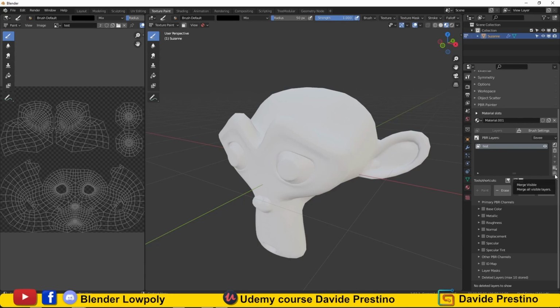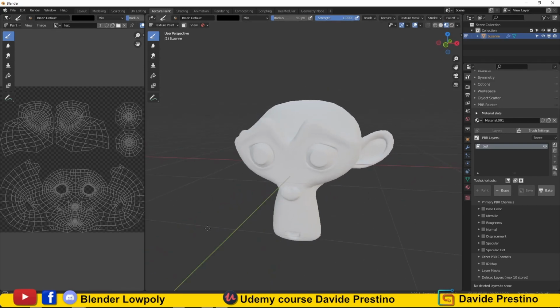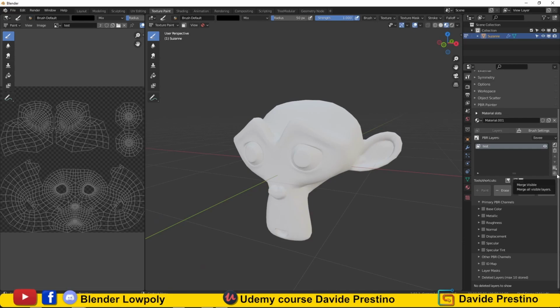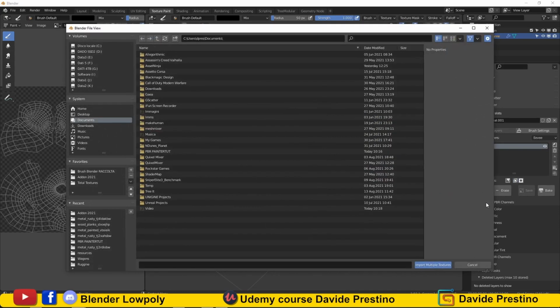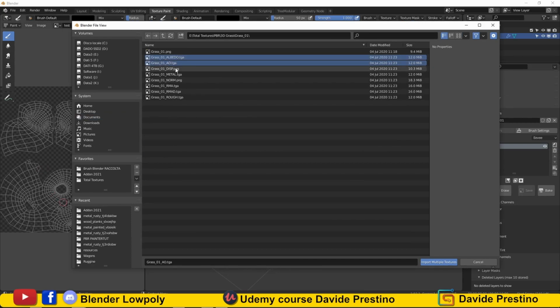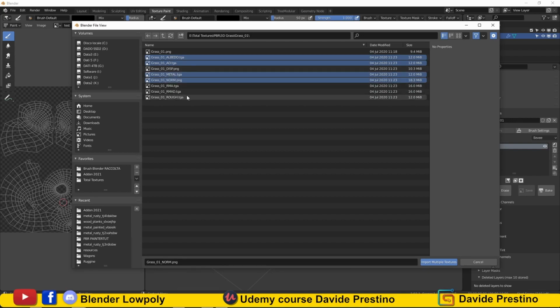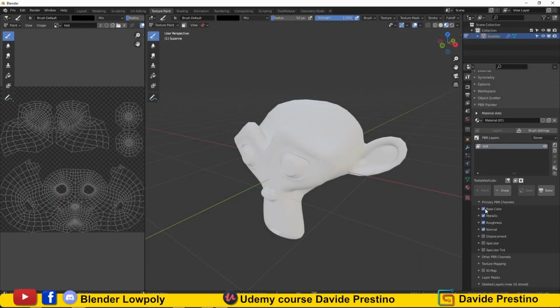The button Merge Visible Layers is used to merge all visible layers, and helps us to overcome the limit of Blender. By pressing this button all the layers we are using will be baked in a single texture and so we can continue working on the layers. PBR Painter also gives us the possibility to create a backup to be able to go back and modify the previous work. Now let's load a material to see how to import multiple textures, then we'll start texturing the wagon. By clicking on the central button PBR Painter will open the panel to load the textures. If our textures have the keywords, PBR Painter will automatically place them in the correct slots.